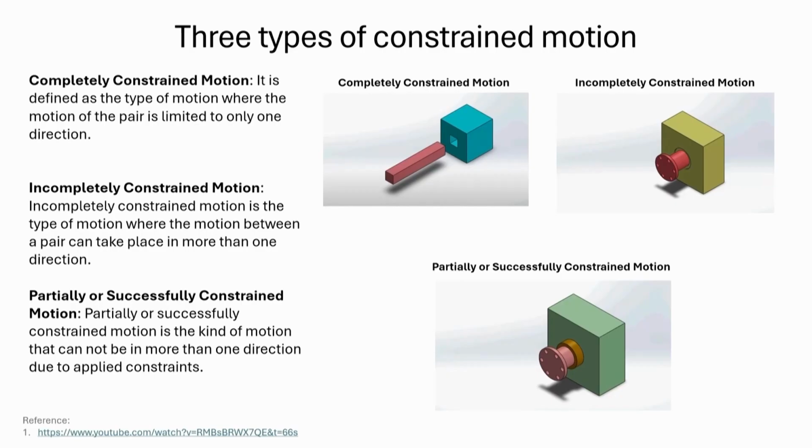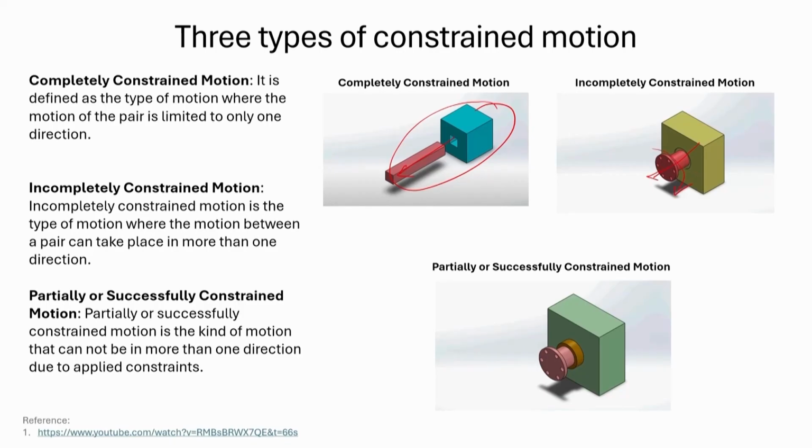One is called a completely constrained motion. It is defined as the type of motion where the motion of the pair is limited to only one direction, like this example. Motion is only limited to this direction, you cannot rotate it also. And then incompletely constrained motion, where the motion can be this way as well as there is nothing constraining the